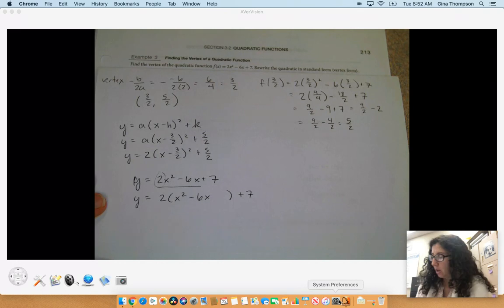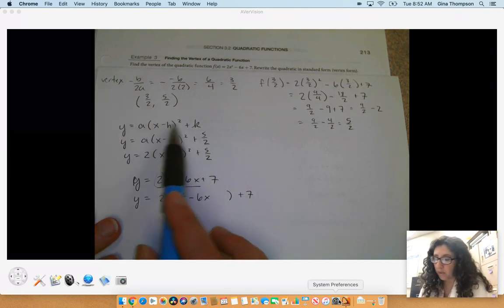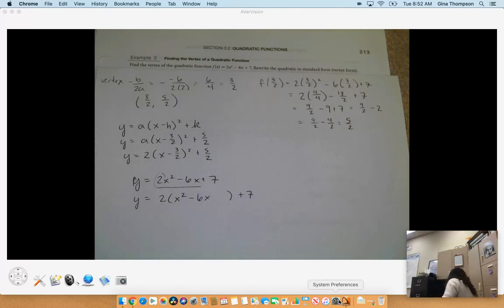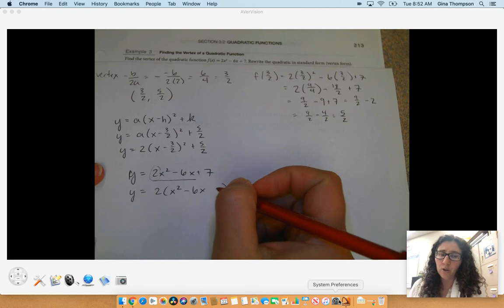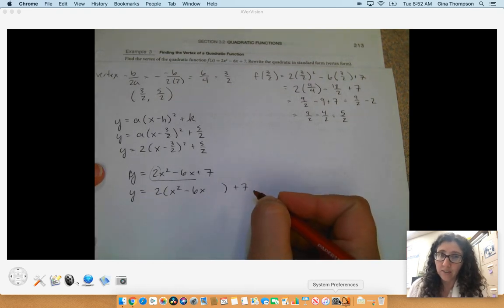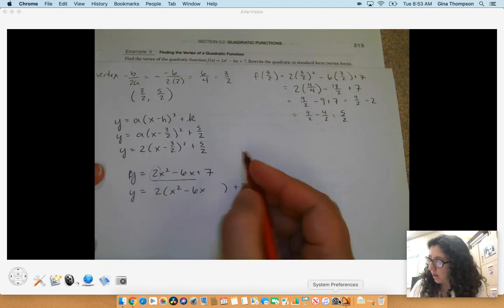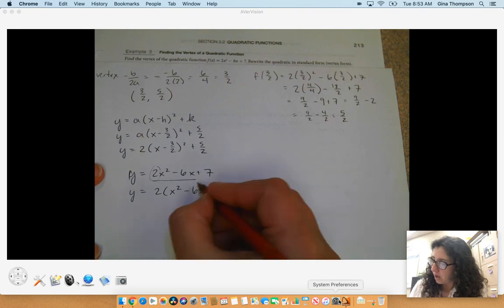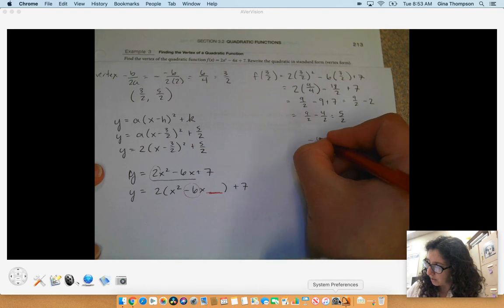I wish I could write this as x minus or plus something squared. I need this to be a perfect square. Let me grab a different color pen here. So this is just a quick, I don't know if you've done this before, completing the square. Okay, if this looks familiar, great. If not, we're going to do it a bunch later on. Don't worry about it too much now. But in case you have, what do I need to put here to make this a perfect square? I divide this by 2 and square it. Okay, so minus 6 divided by 2